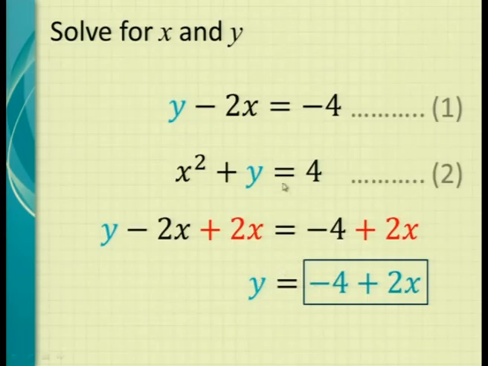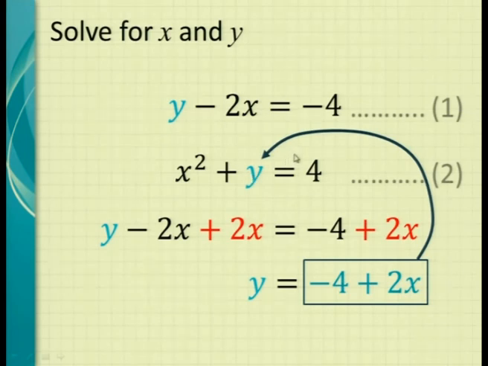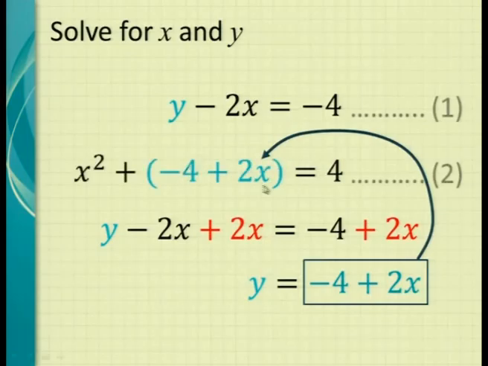Now we can go to equation 2 and say, you know what, instead of the y, we can write this whole little box here. So we can take the box and replace it there where the y is. Substitution, lesson 1. Can you remember? If you don't know how to do it, go back to lesson 1. How did we substitute? We put the brackets around it and we wrote the whole of the right hand side inside the brackets. The same thing.